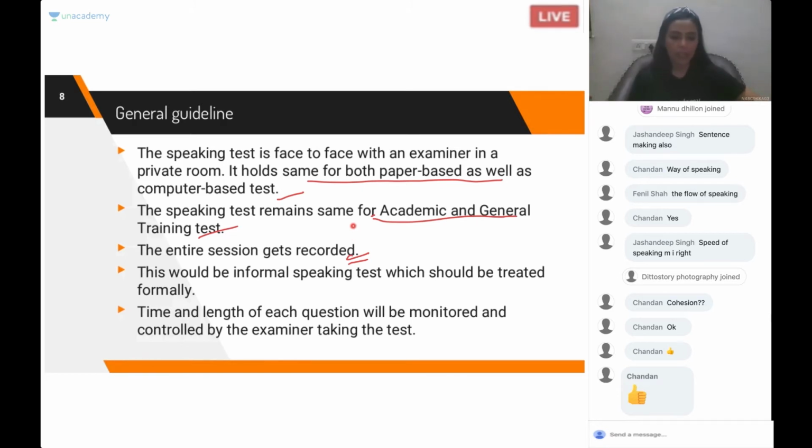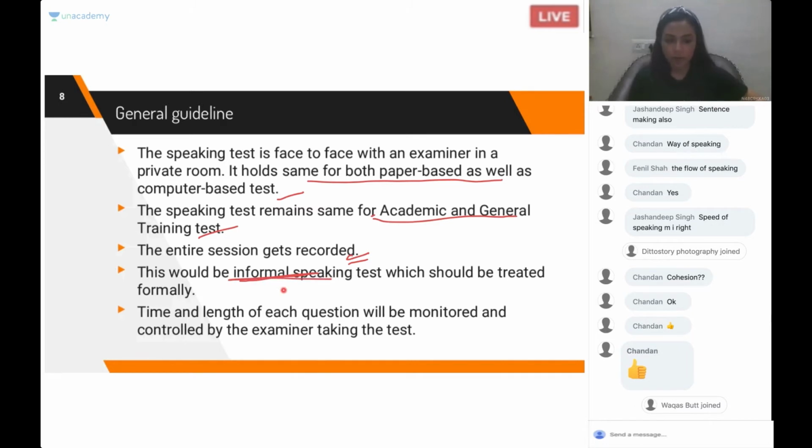This would be an informal speaking test, which should be treated formally, right? It is going to be an informal speaking test, but I've mentioned it should be treated formally. Why? Because you cannot start joking around. You need to maintain the correct